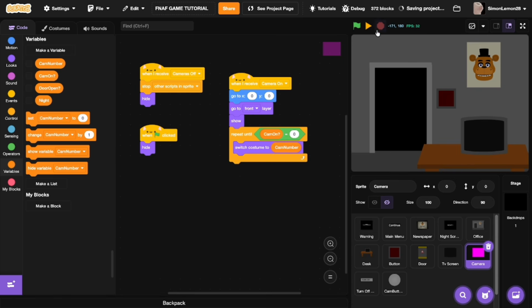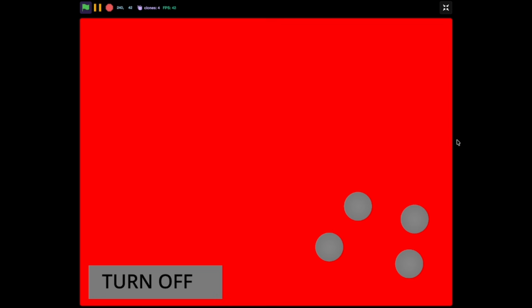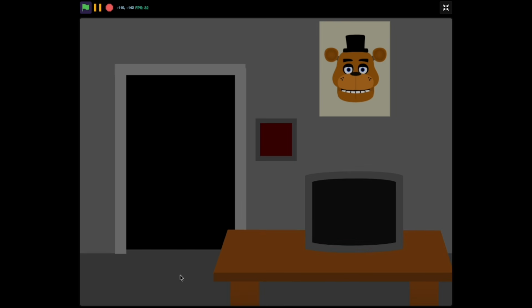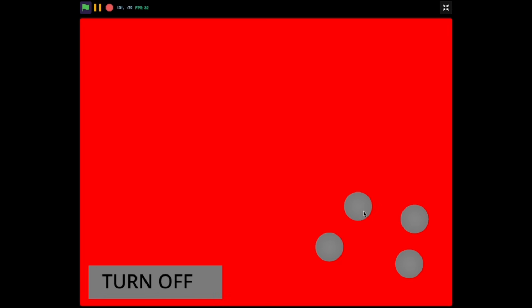Perfect. So now it should be working. Good. Yes, we are switching cameras. Very nice. And when we turn this off, bam, it hides and it should be pink. Yes, let's go. Perfect. So